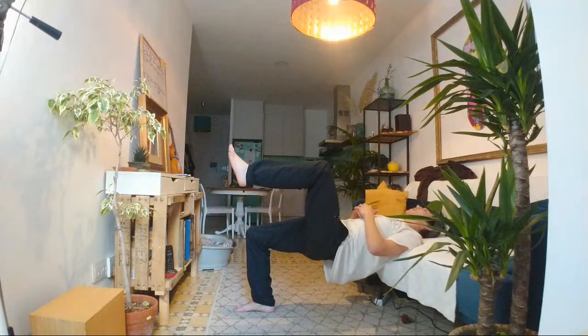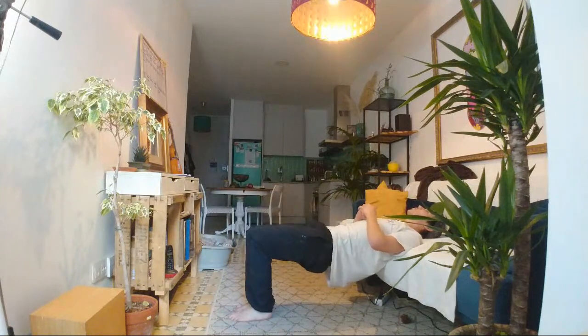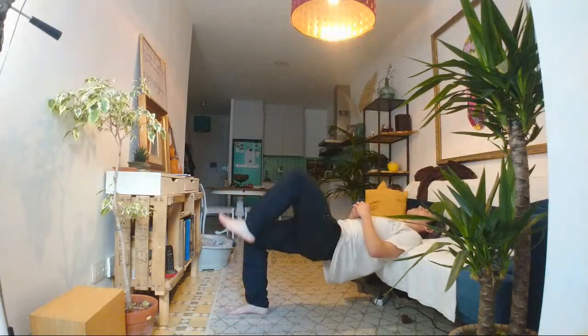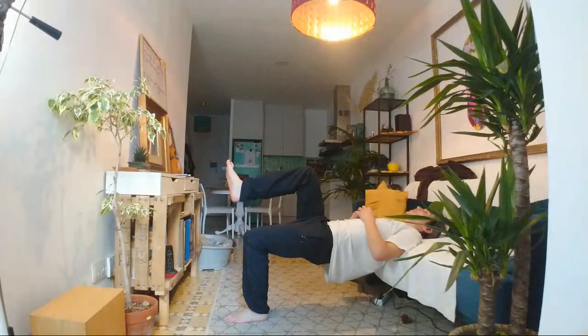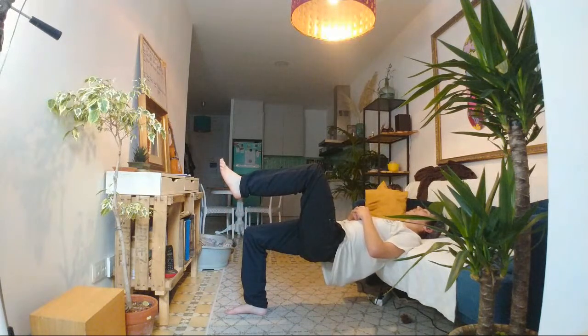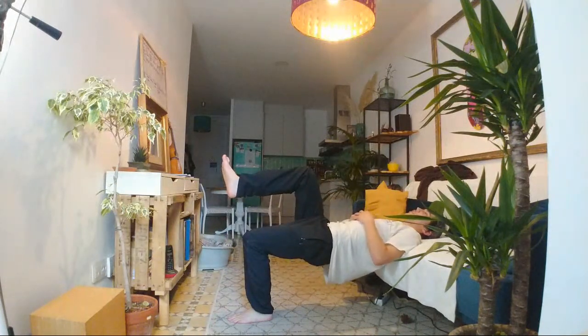So lift up that left leg, squeeze the right ass cheek super tight, 5 seconds, squeeze there, and swap over. Alright, so squeeze that ass cheek as well, super tight, swap to the other side, squeeze there. So you're not sagging at the hips or anything like that. Watch out for your feet, because they sometimes edge forwards, and then you start feeling it in the hamstrings. So that's not what we want. Want it in the old